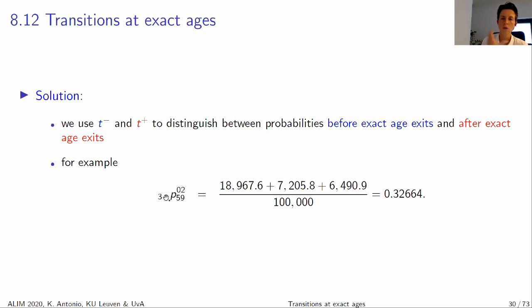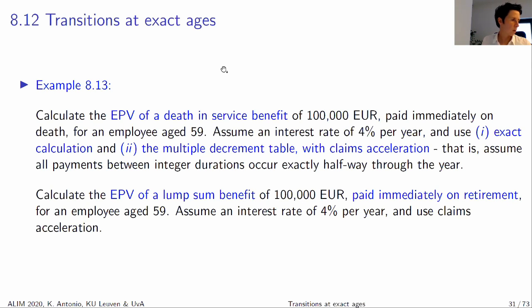So that's how you distinguish between the 3 minus and the 3 plus. In this case, it means retire between age 59 and right before age 62. Retirement at exact age 62 is not taken into account in this probability. If that makes sense, what we're going to do now is look at the rest of the example and really